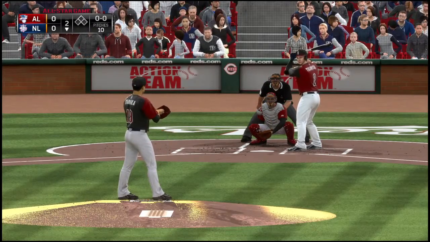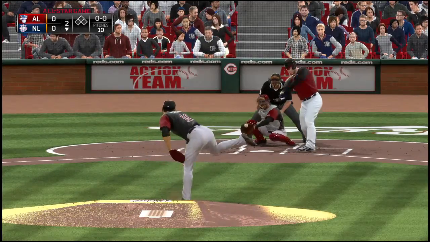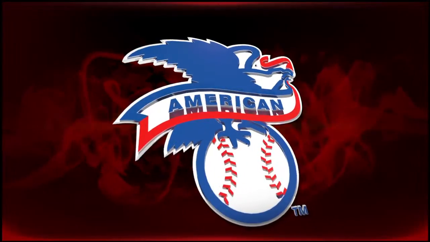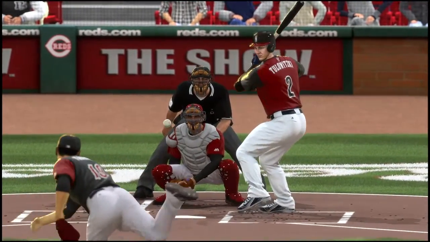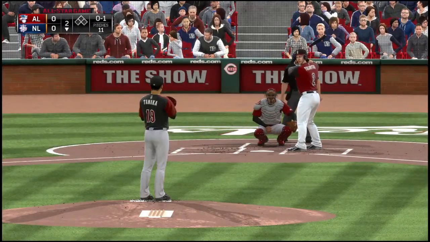Now here's the first pitch. And he got him out in front that time. Strike 1. Oh, man, what a perfect pitch right there in a perfect spot. And that's exactly how you have to attack a guy like this. He wasn't even close on that pitch.